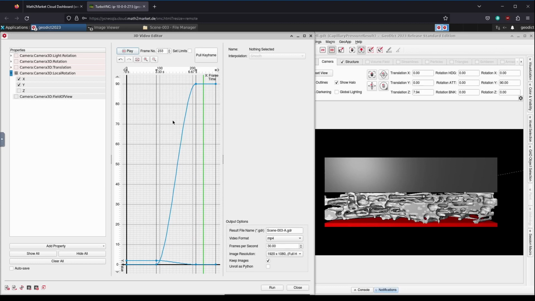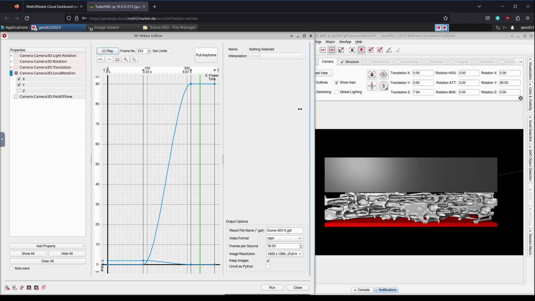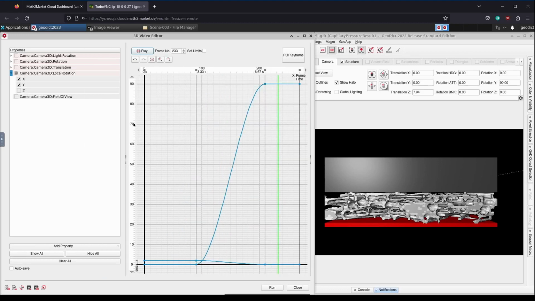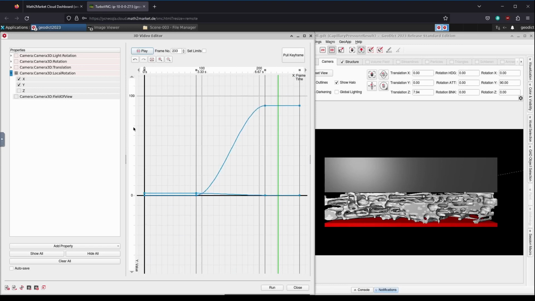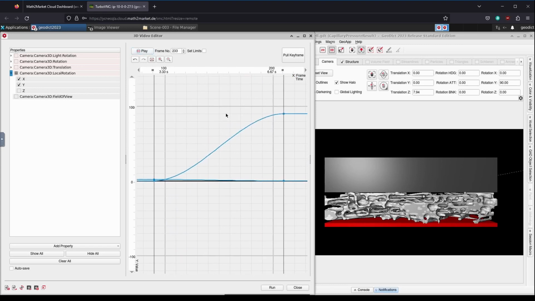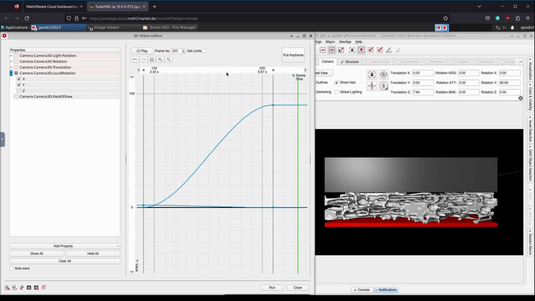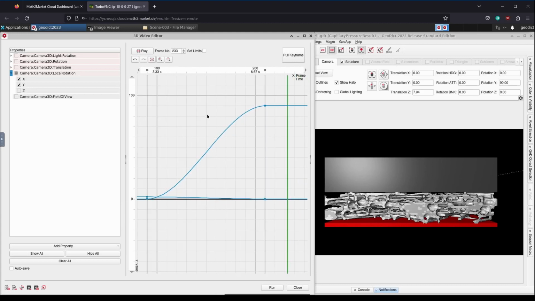To work more efficiently, we can zoom in on the rotation area. To get a better fit, we can also match the axis of the video editor independently by moving the mouse over the axis here and then using the navigation zoom or move. This will give us more control and precision when adjusting the animation.